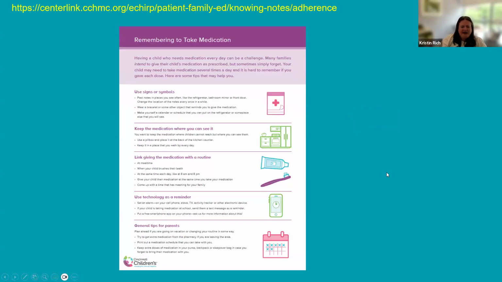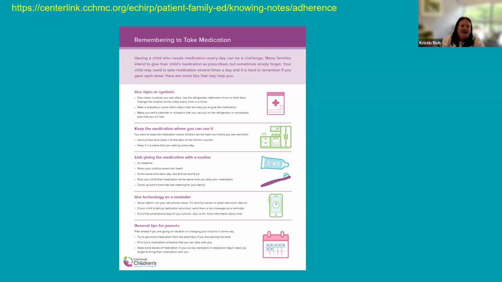So I recognize that this may be a bit blurry depending on what screen you're using right now, but this is an example of a tool that we generated through multiple iterations, taking our most common evidence-based practices and putting them into one place. This tool, along with the others, was developed with multidisciplinary input with our team here, as well as with our patient and family partners to make sure that it was reaching all of the needs, catching the needs of the providers and the families that would be receiving this information.